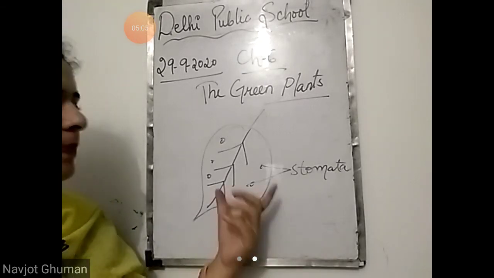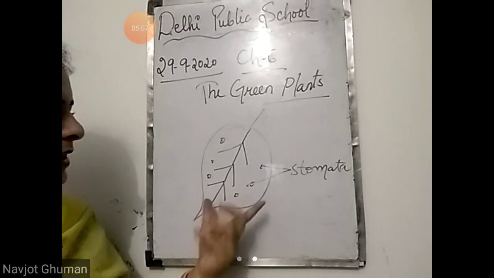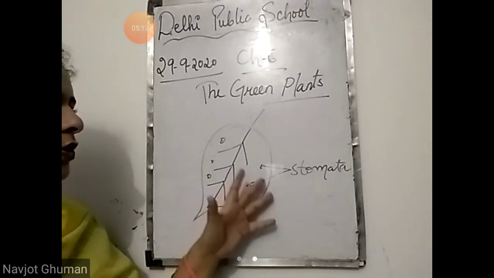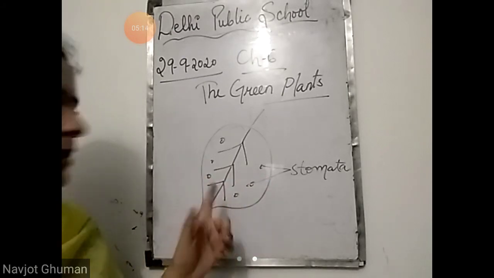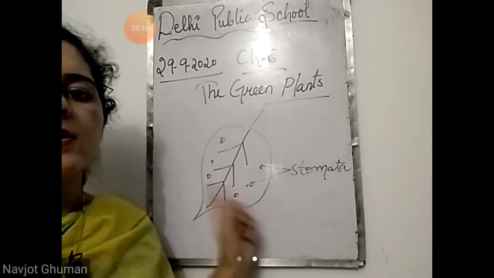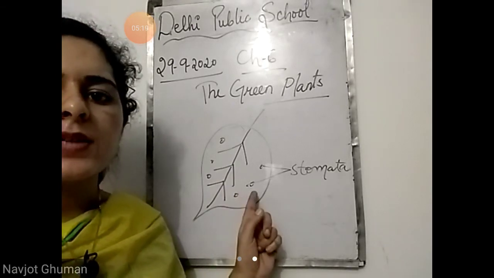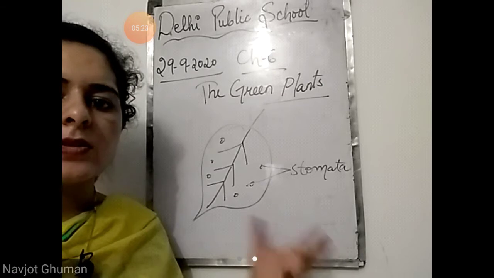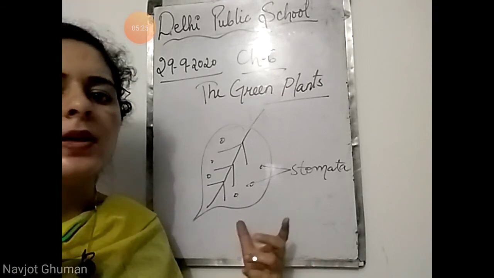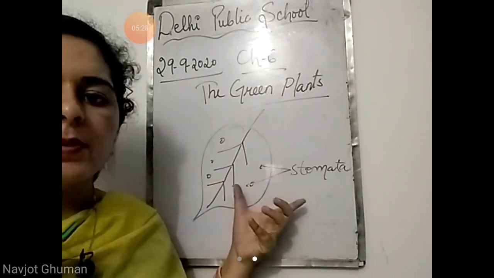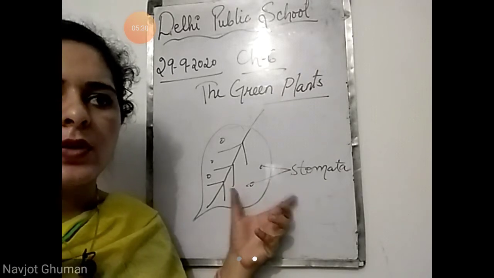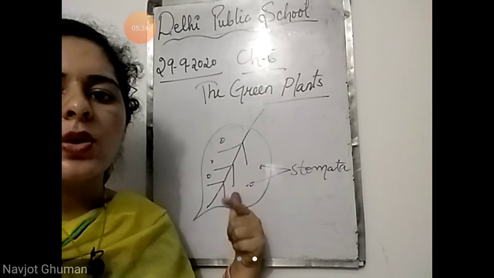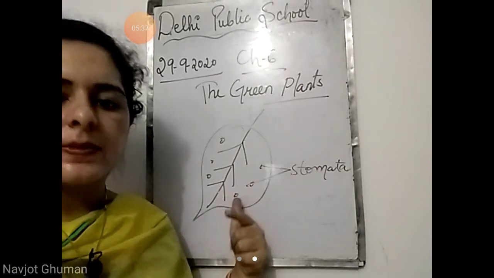A leaf of a plant makes food, and it is called the food factory of the plant. जो भी खाना बनता है प्लांट का वो लीफ में बनता है. Why is it made in the leaf? Because the leaf has the green substance called chlorophyll that absorbs sunlight, which is required for making food. जो फूड बनाने के लिए इंपॉर्टेंट है सब्सटेंस क्लोरोफिल, वो लीफ में ही प्रेजेंट है ग्रीन कलर का. That is why leaves are called the food factory of the plant.